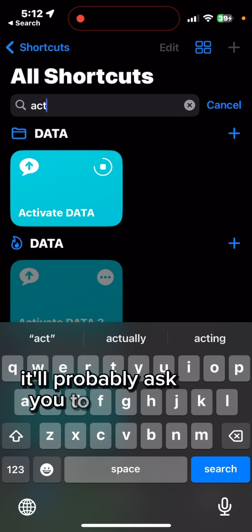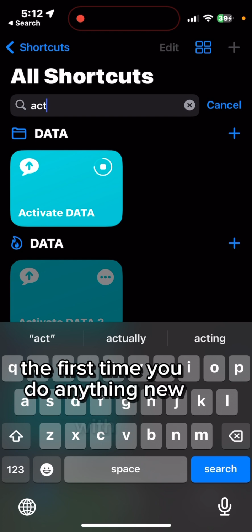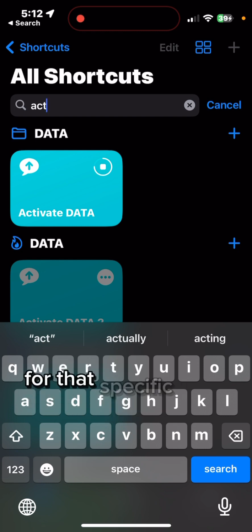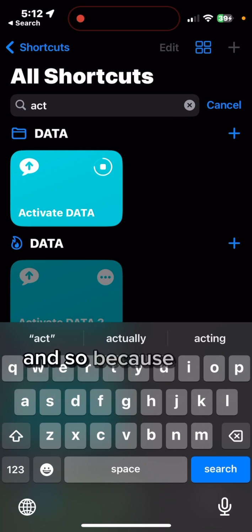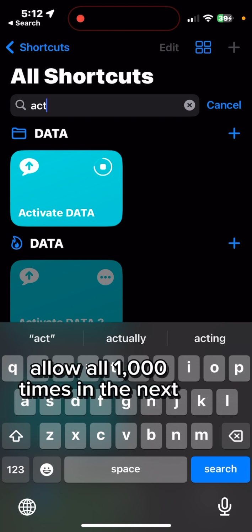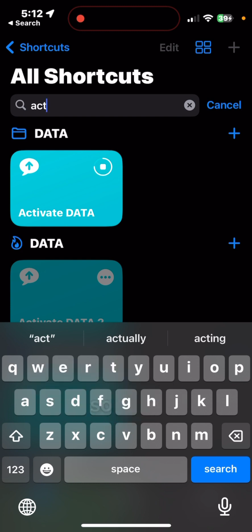It'll probably ask you to allow all the first time you do anything new with it. And then once you hit allow all, it'll never ask you to allow all for that specific thing again. Because there are so many things Data can do, there are probably thousands of different things, you're going to have to hit allow all 1,000 times in the next day or 2. But then you'll never have to do that again. So